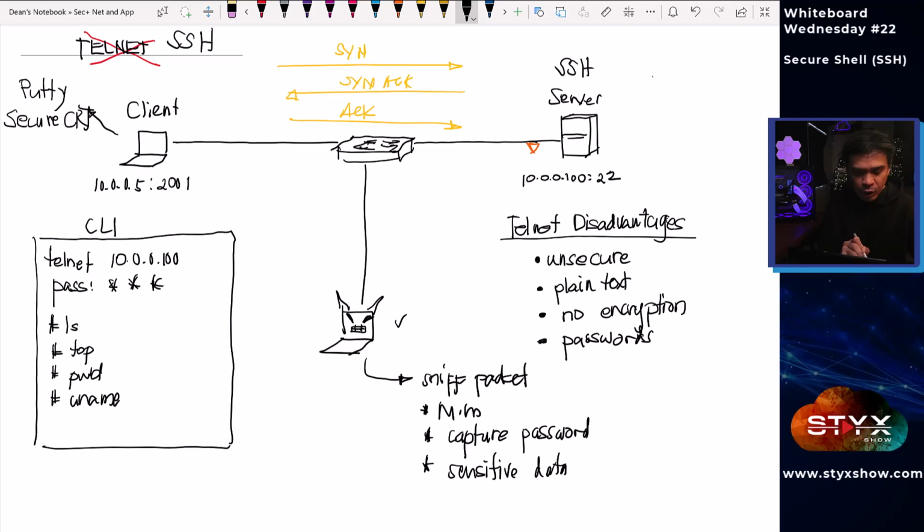Assuming we are using a Linux client as well, instead of the Telnet command, we will use SSH. But it's not just SSH followed by the destination IP address or fully qualified domain name. You need to also add